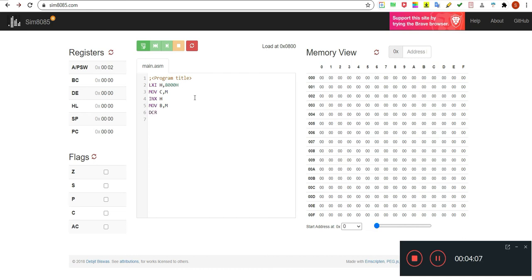The next instruction is DCR C, which decreases the content of register C. Next is the loop label with INX H, which increments the content of the HL pair.